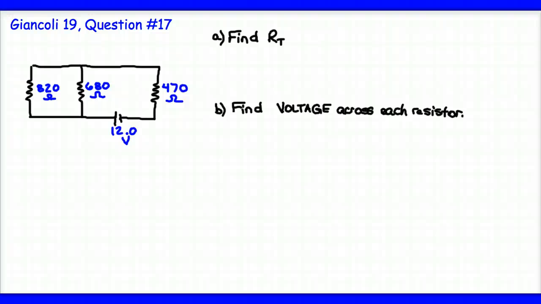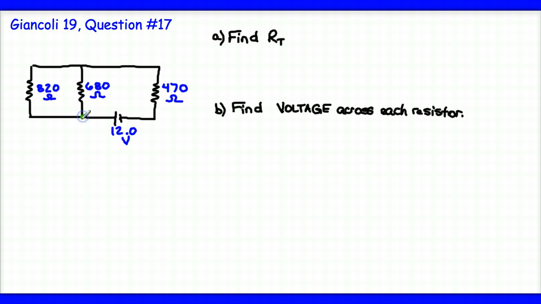This is question number 17 in Giancoli chapter 19. The question has a circuit drawn that I've copied, and it reads, determine A, the equivalent resistance of the circuit shown in the figure, and B, the voltage across each one of the resistors. I've made the sketch here, and we should easily identify a couple of nodes in the circuit giving away parallel